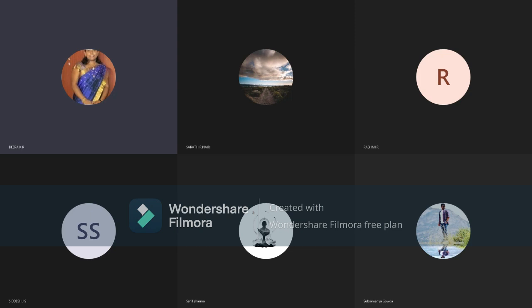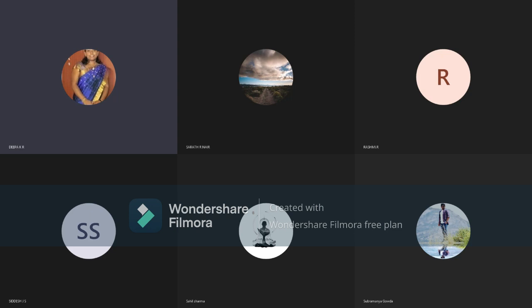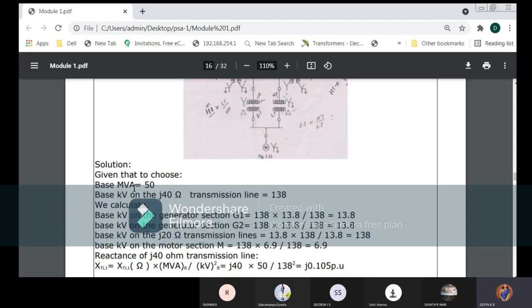Basic stuff it is, because the question will arise, ma'am, which one is LT side, which one is HT side? You can discriminate that by seeing the primary and secondary values of a transformer. And generator is connected to the primary of a transformer. So it has reduced the burden of selecting a new MVA value from your side.